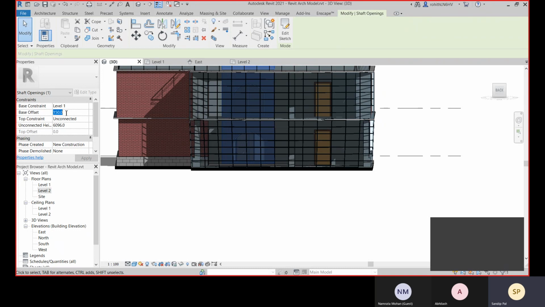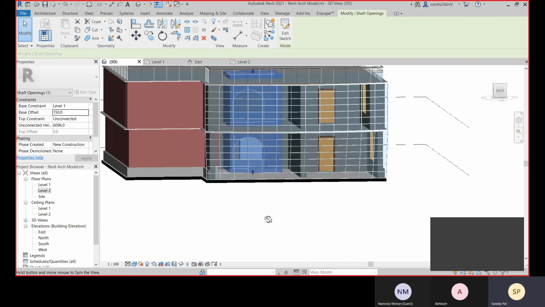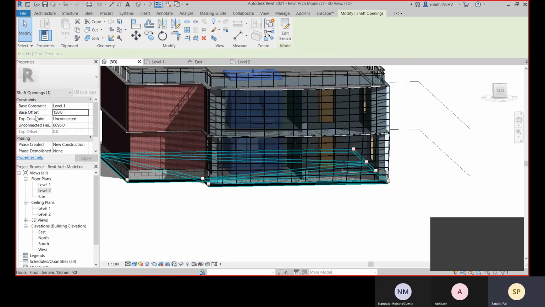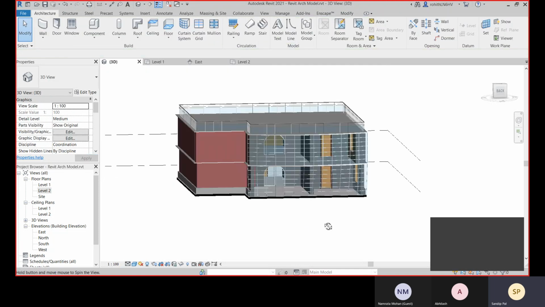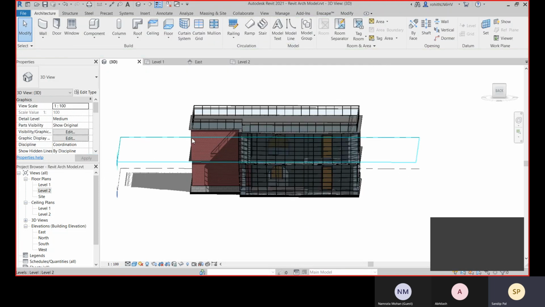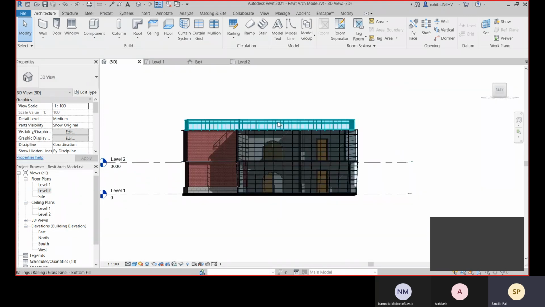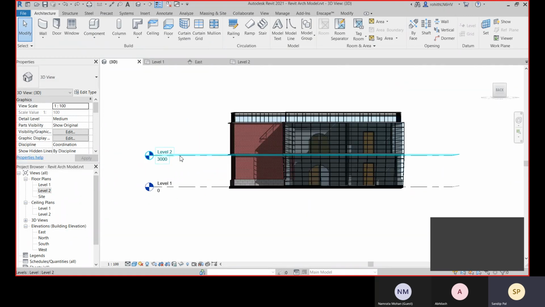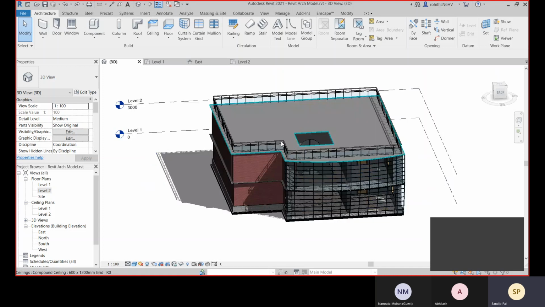If we don't provide it, it will cut a hollow within this floor also, and we don't need that. For the top constraint you can easily mention level 2, because this one is going beyond level 2, so that's why we have to define it.